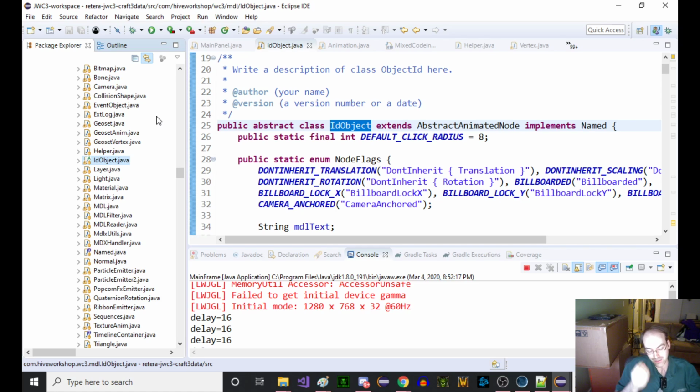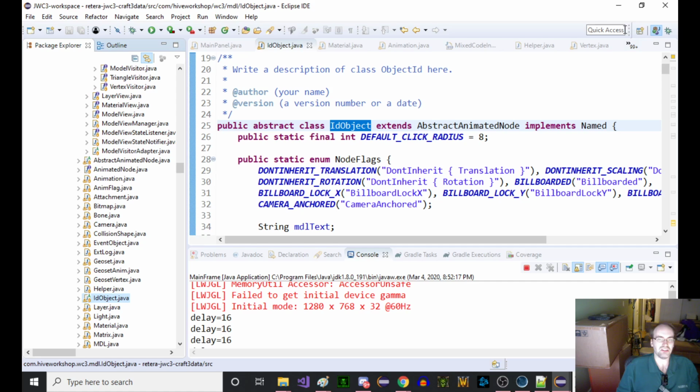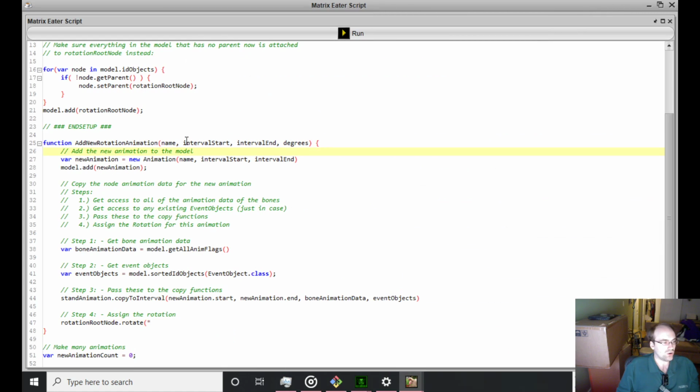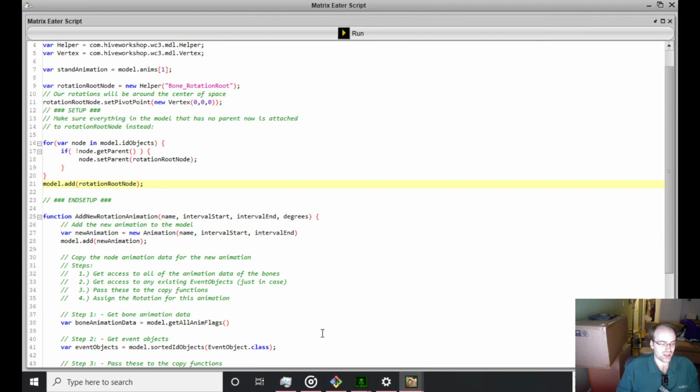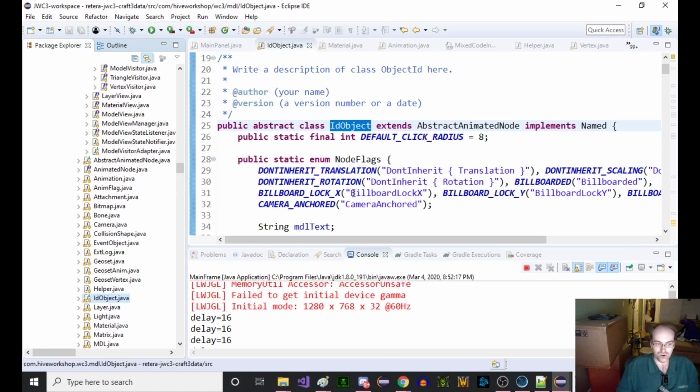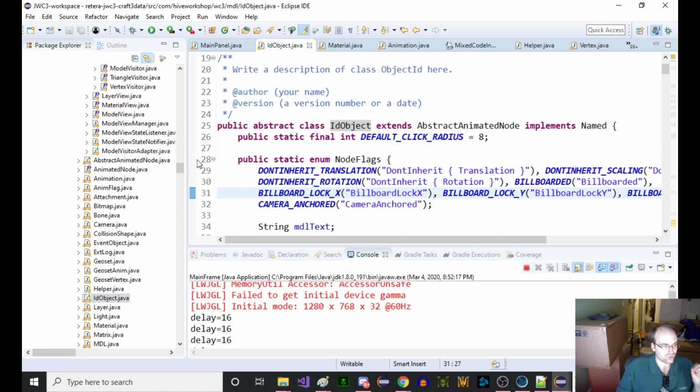Now again, if the API was really nice, maybe you wouldn't need to think of it that way, right? You just say, boom, rotate. But the code isn't set up to be quite that nice. Unfortunately, I just didn't get it there yet. So you want to actually create in your setup, as well as the node, a rotation